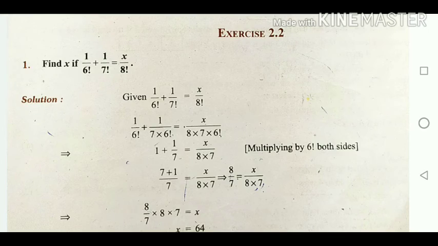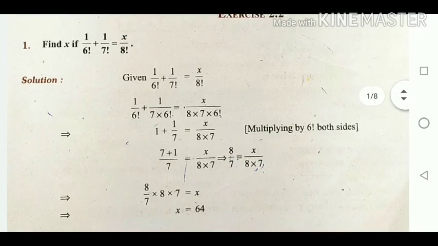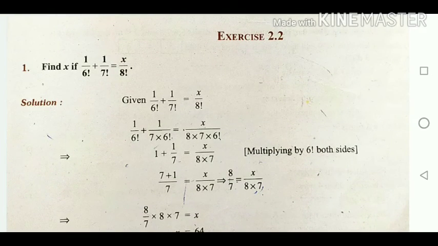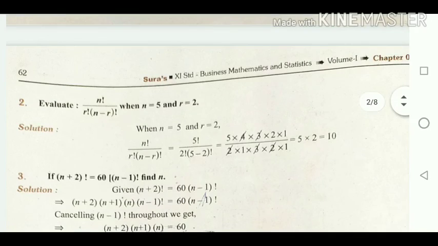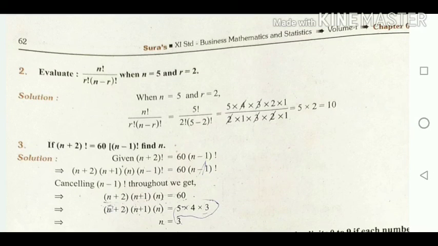Already we finished chapter 2.1. Now we have finished exercise 2.1 and exercise 2.2. In the afternoon we will go to exercise 2.3. Nearly 5 exercises only are there. If we finish all 5 exercises, we are going to revision. Then only it is easy for you to do the sums. So do the sums then and there and submit the assignment on time in order to score more marks.